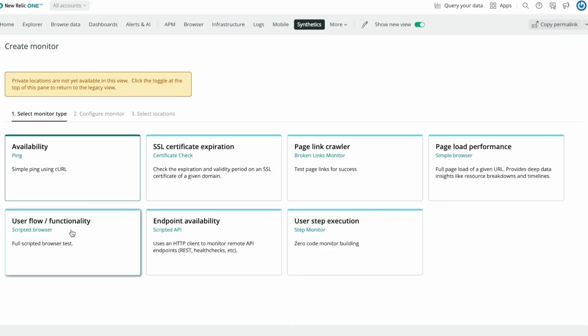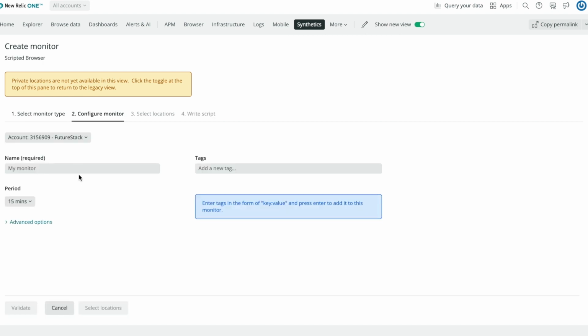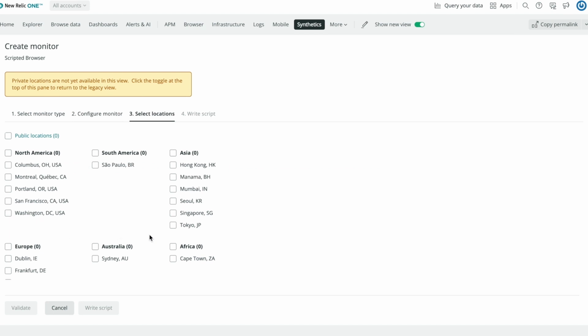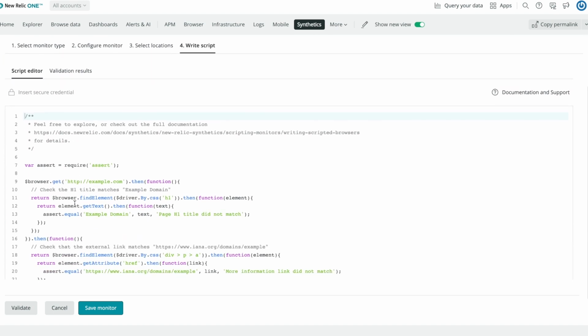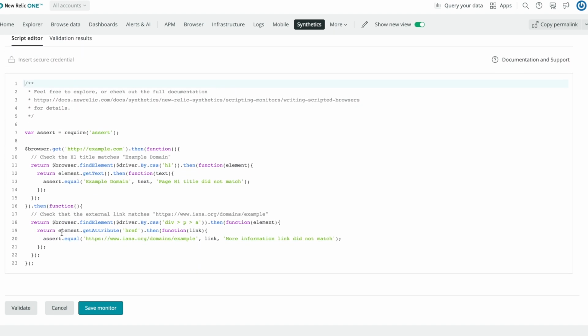The next one is the user flow functionality scripted browser. In this one, basically what you do is you create Selenium-based JavaScript script to hit certain pages and links within a website. Or let's say if you want to log into a website, you can say, click this text box, add username, password, press the login button and do all that.